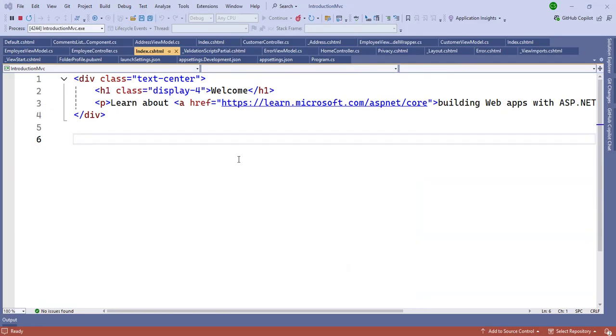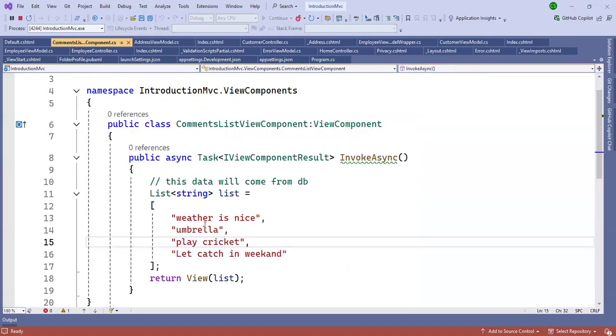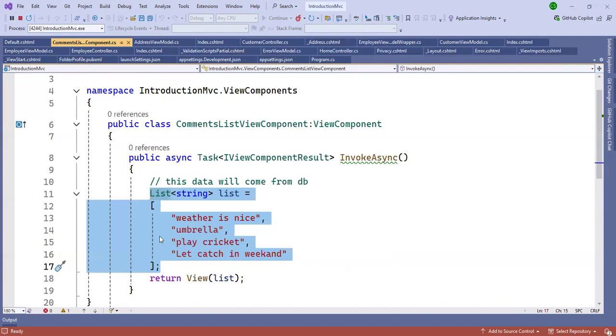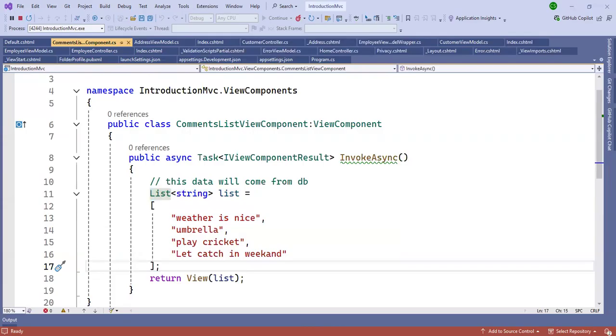Imply index. Okay, this is a view component. Just open. Okay, this is data from the view component, whether it's nice, umbrella, play, cricket, something. Okay, so this data will